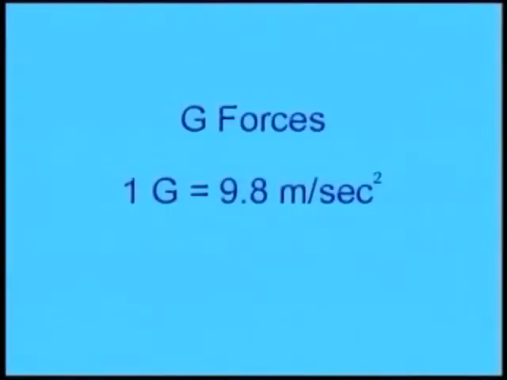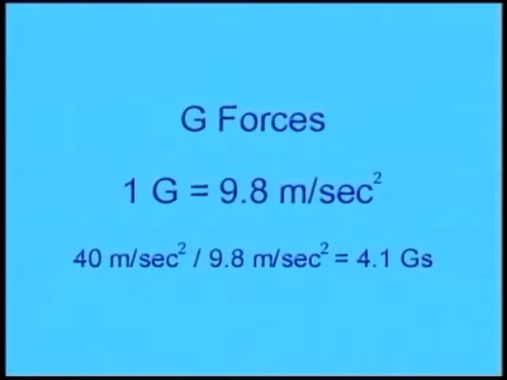To simplify matters, engineers often use the term g-force as shorthand to describe acceleration. A g refers to the amount of acceleration that Earth's gravity exerts on objects. For instance, normal Earth gravity is 1g, and the complete absence of gravity is 0g, or zero gravity. Mathematically, 1g is equal to 9.8 meters per second squared. To calculate g-forces, we can simply divide the acceleration of the car, which was 40 meters per second squared in the first example, by 9.8, and we get a result of a little over 4 g's of acceleration.